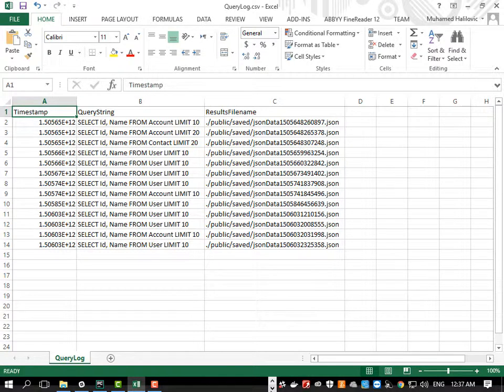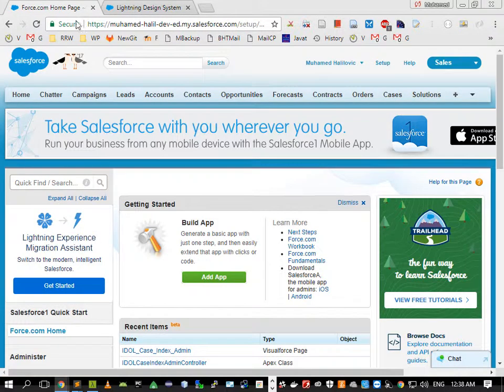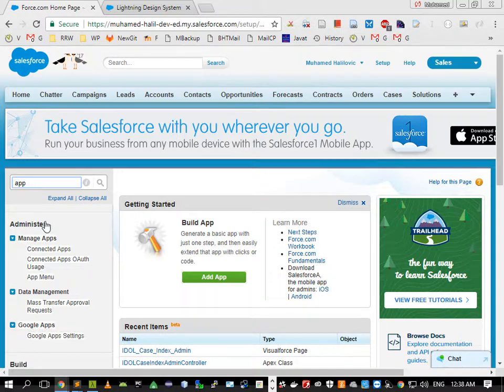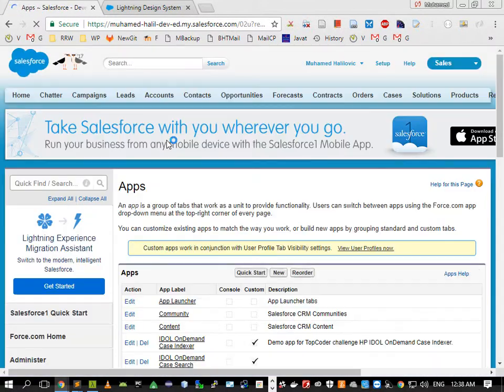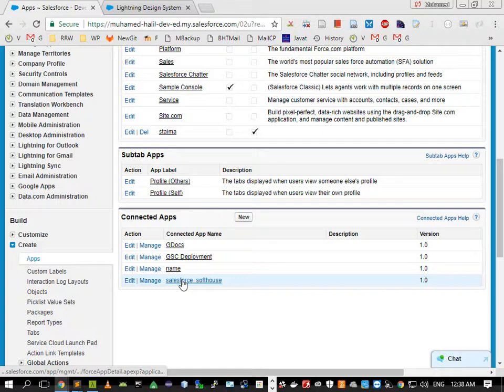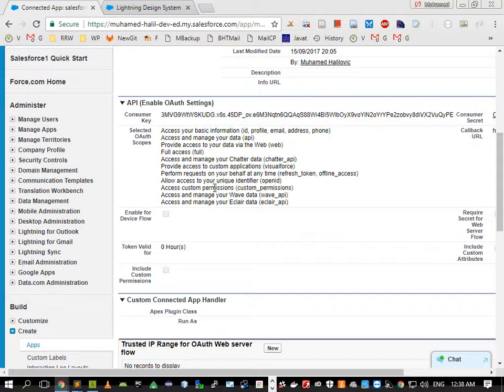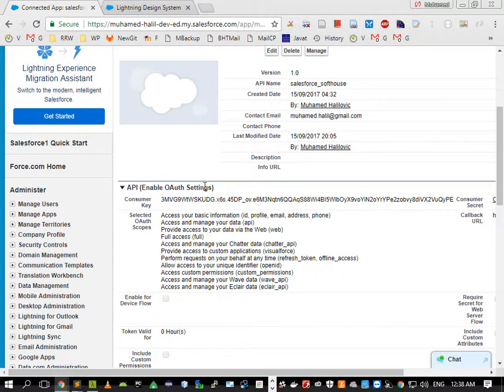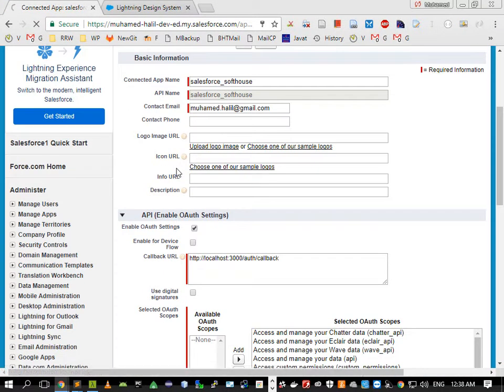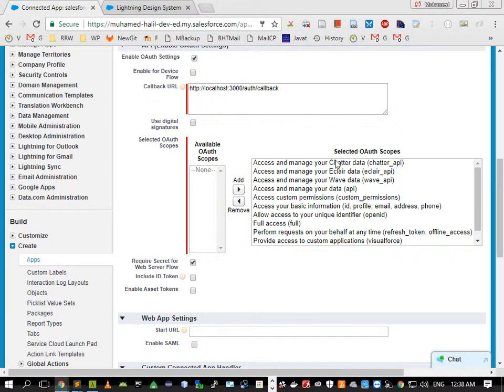For this purpose, a special connected app was created inside of the Salesforce organization. So if we now type app and go to apps, this is a dedicated connected app where we have provided OAuth settings, and if we click on edit, we can edit the behavior of our OAuth. We provide the callback URL here, we give the permissions here,